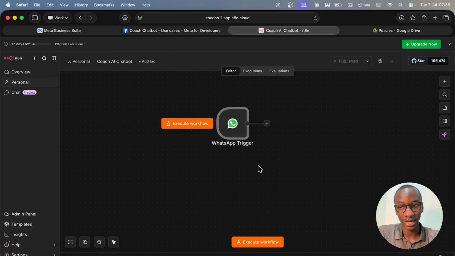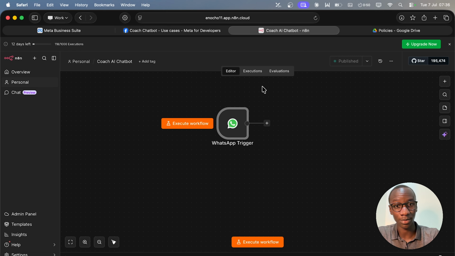So essentially Meta can now actually talk to your n8n workflow. It can send it triggers when it receives a message, but we haven't yet built the part where n8n can talk back to Meta. We shall do that shortly, but first you want to test whether n8n actually receives the trigger when someone sends